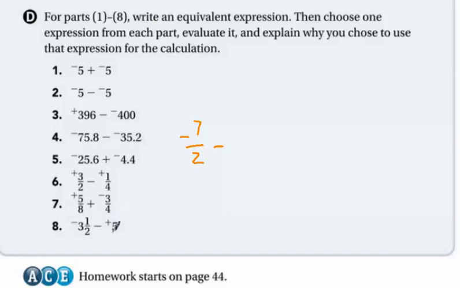And I need to change this into a fraction as well. That is currently 5 over 1. I want the denominator of 2, so multiply each by 2, and I get 10 over 2. I now need to write an equivalent expression that is an addition problem, evaluate one of them, and explain why I want